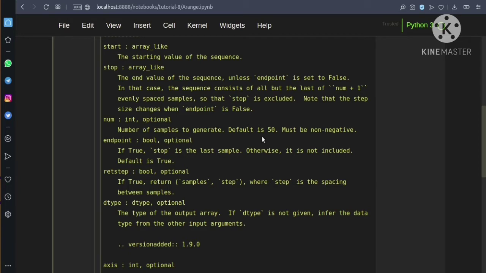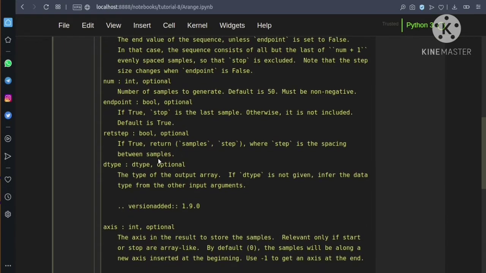By default num will be 50, and this num must be a non-negative number and should not be a float value. It should be an integer value. Our next argument is endpoint, which is a boolean value. If endpoint is true, the stop is the last sample, otherwise it will not be included. Our default value is true for endpoint.